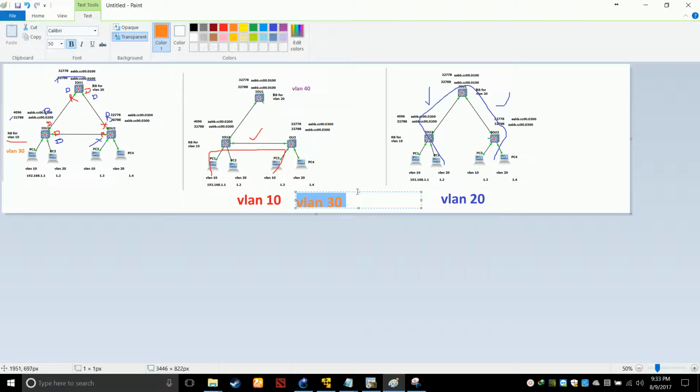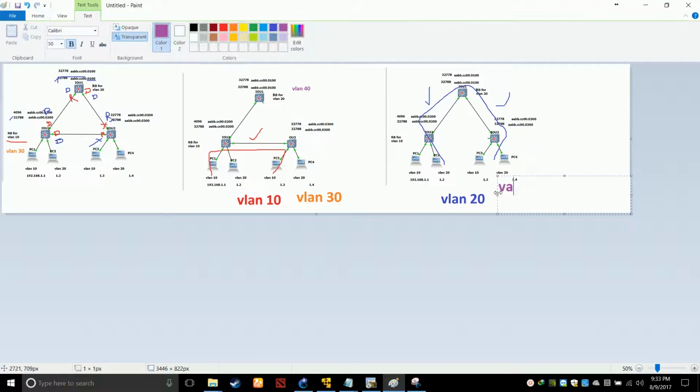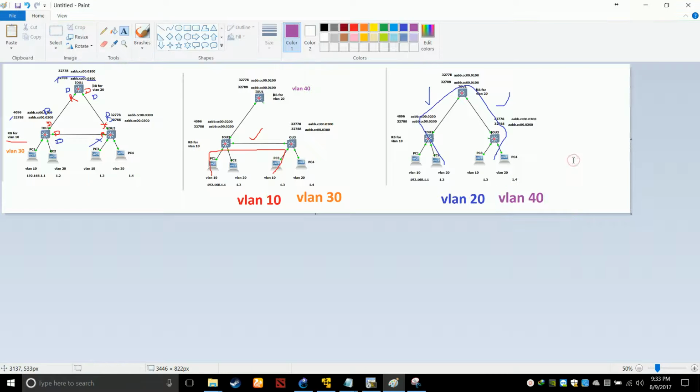The VLAN 10 and 30 data will go from this link, and VLAN 40 data and VLAN 20 data will go from these shown links also. So in this way, even if you have multiple VLANs, you can divide your VLANs. That I want to make this root bridge specific for VLAN 10 and 30, and this different root bridge for VLAN 20 and 40. So these were the concepts of per VLAN spanning tree.